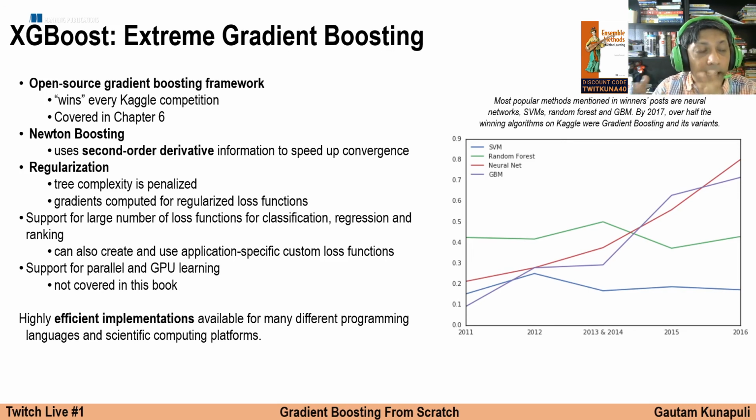And as with LightGBM, XGBoost also supports a large number of loss functions for classification and regression and ranking. And as with LightGBM, you can also create and use application-specific